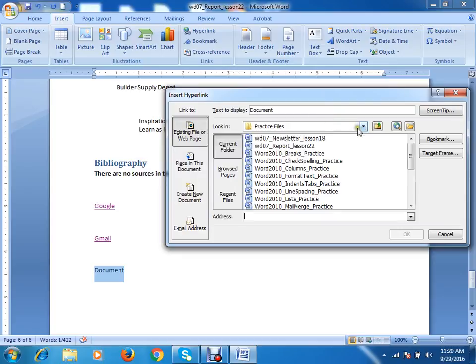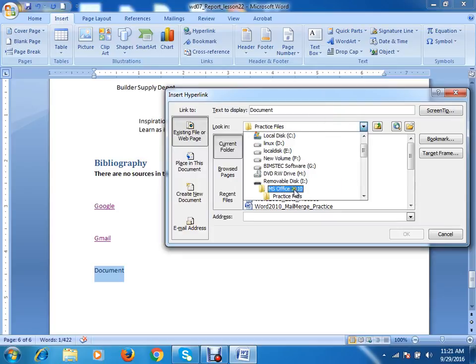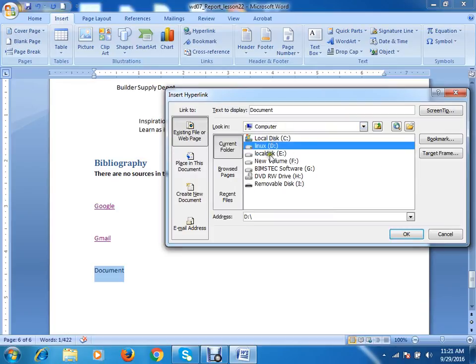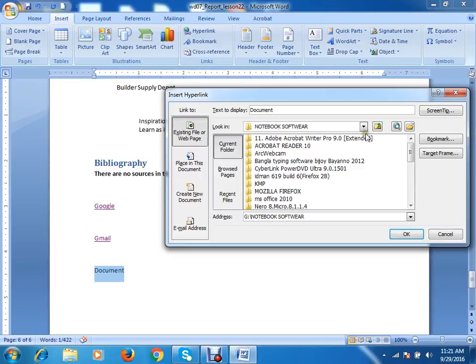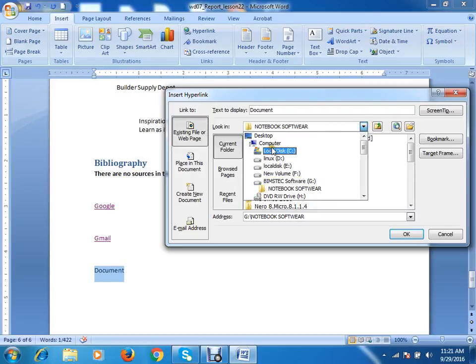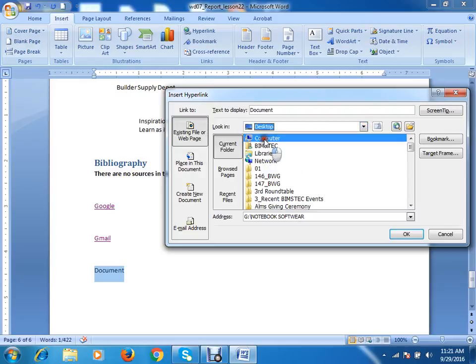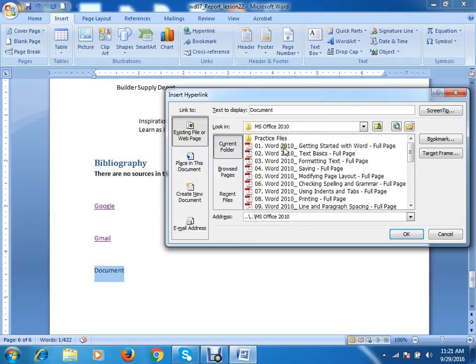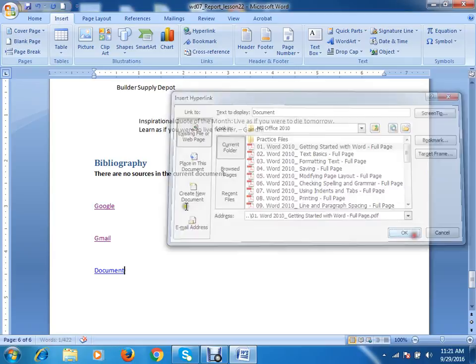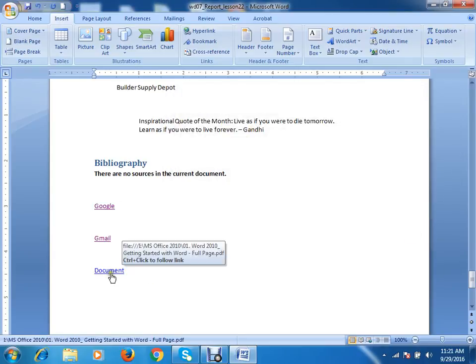Now, if I choose any file from this PC, my computer. Okay, let's choose any of this document. Say this one. Okay, and now if I control click it,